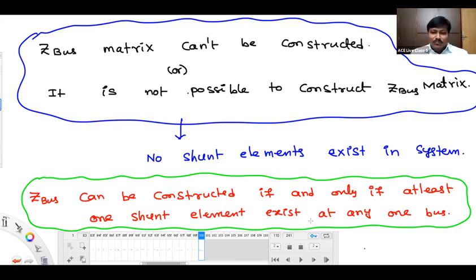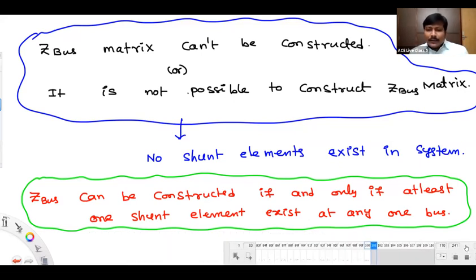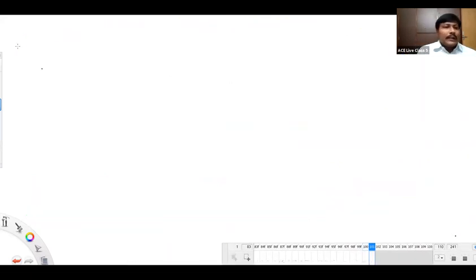Okay, next. Just see, actually the statement what I said now, it is not possible to construct the Z-bus if you don't have any shunt element. It's not a very new statement to you. This you might have studied even in network analysis also at some time. I'll show you. For example,